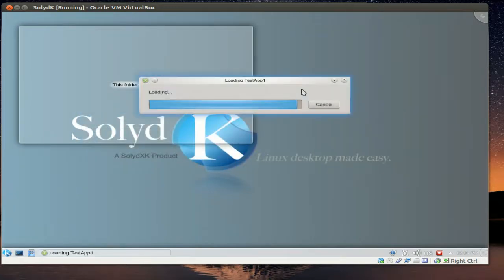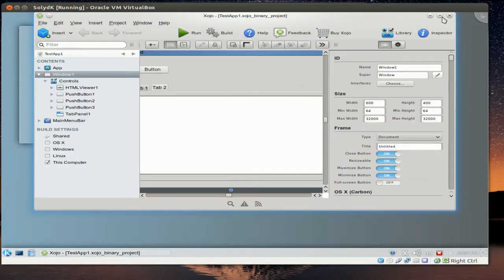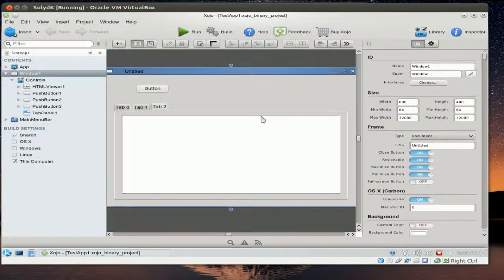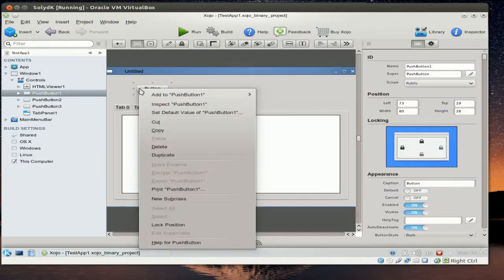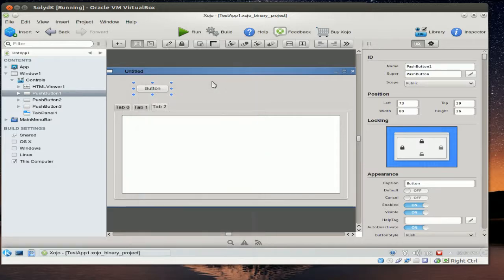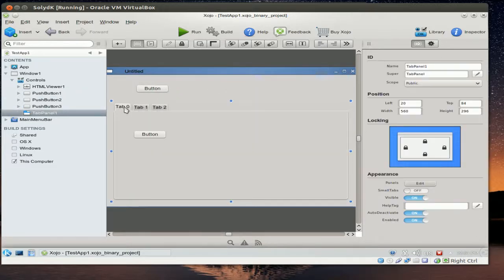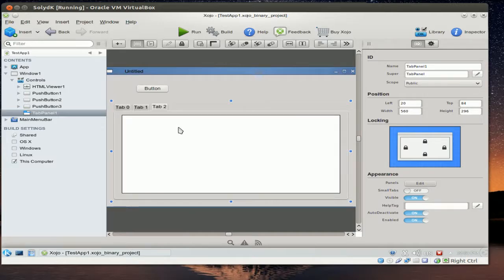I've already created this test application. I was creating them in all the distributions, just real quick and dirty, basic application. I'll maximize the screen. Here, I've got it scrunched down to fit inside of the screen, to make it reasonable to run in the recording software. So I've got some buttons. Select the button and right click, and the menu pops right up, which is very different than the Ubuntu Unity. Here I've got some tabs, different tab panels, and here I've got the HTML viewer. So really basic application. I click run,